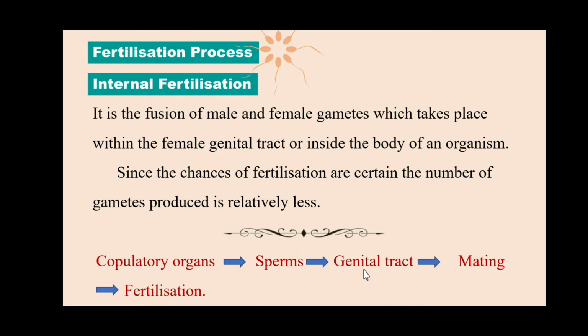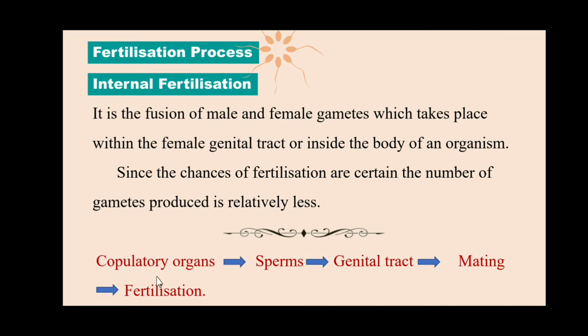The male gametes are discharged into the genital tract, where the fertilization takes place. This is how internal fertilization takes place in